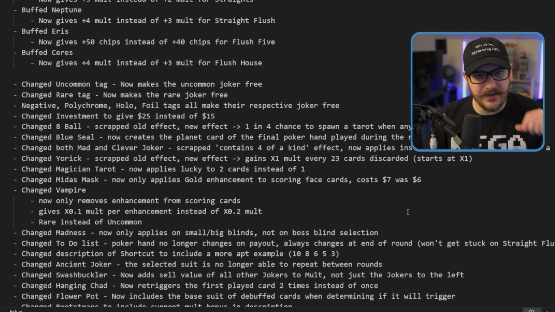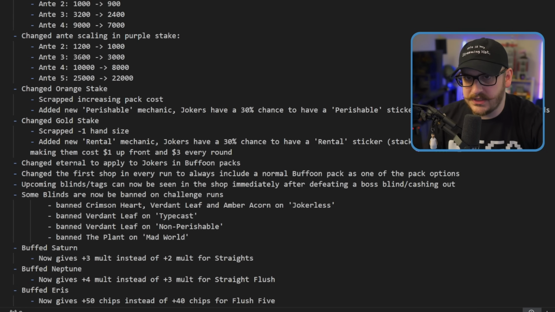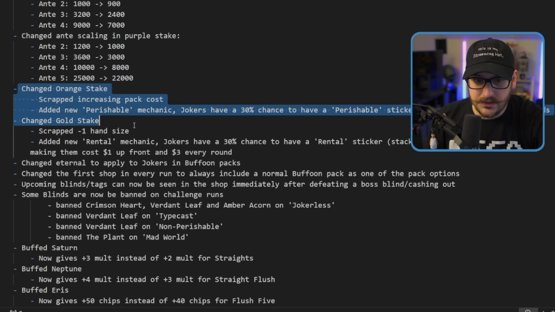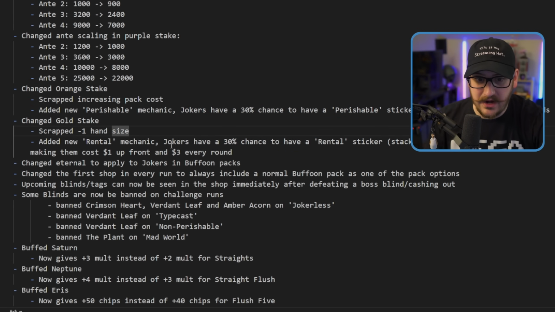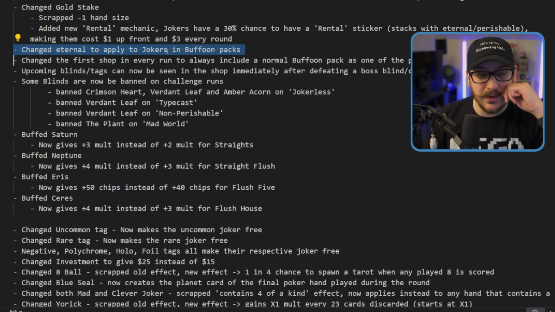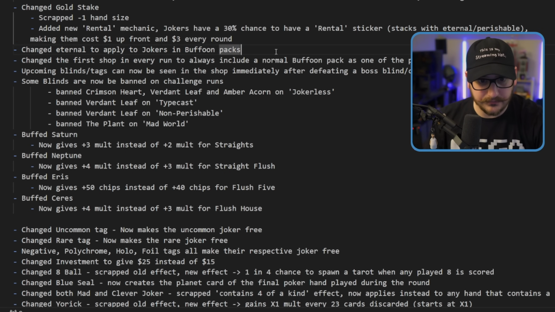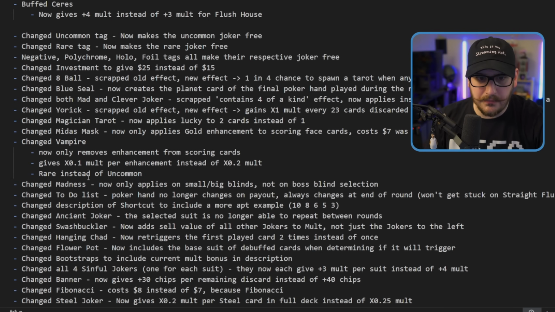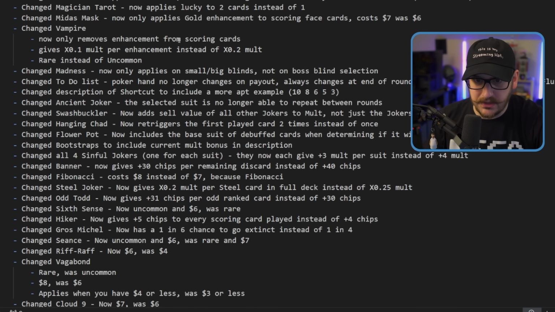All right, chat. So there you have it. Those are all the patch notes. Reduced motion, stability changes, made white stake, green stake, purple easier in terms of the anti-scaling. Made orange stake and gold stake way easier in terms of those hand size and cost of packs. Now we have perishable and rental Jokers. We have a buffoon pack guaranteed or we have Eternals guaranteed in buffoon packs now. The first shop guarantees a buffoon pack, which is great. There are removed bosses from challenge runs. Some planets got buffs. A bunch of changes in the Joker category with a bunch of nerfs and buffs all